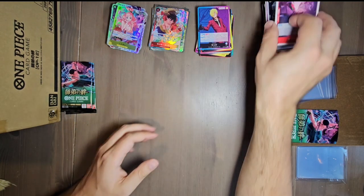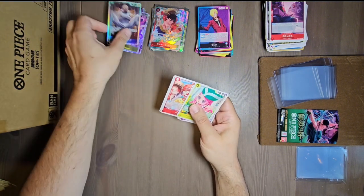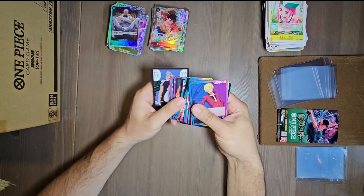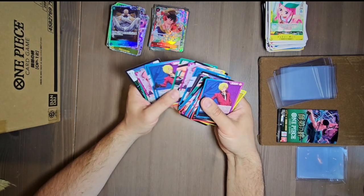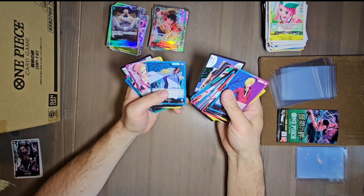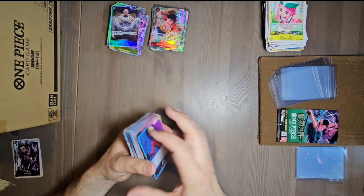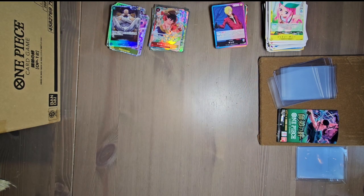Okay, we're almost at the end here. Yeah. Garp. Isn't there another leader that I'm forgetting about here? No, I guess not. Who's going to be in the leader card with Kuma? I mean, with Kuzan. I don't know who would be. Well, maybe that'll be the one I get, and I'll find out. All right, last